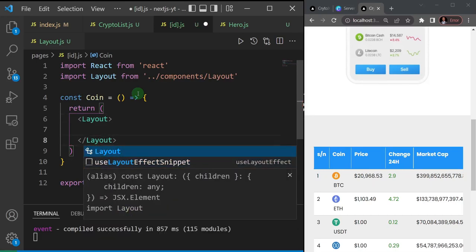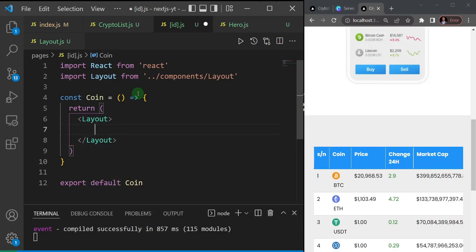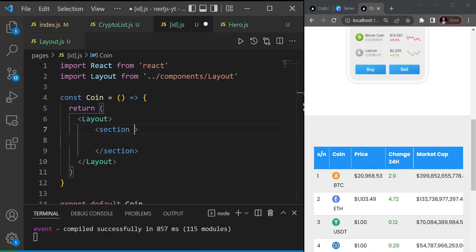Great. Now inside of my layout I'm going to have a section. So I'll come here and I'll say section, tap that. Now this section I'm going to actually give it an inline class. So just like in React, you can actually have your inline styles as well. So for example, I can come here and just say background,